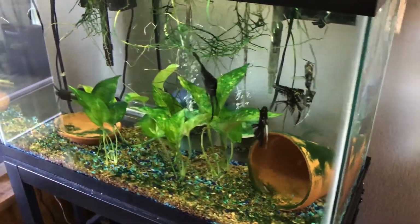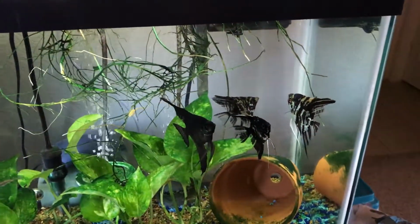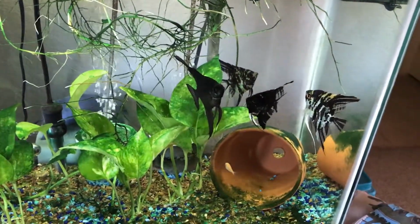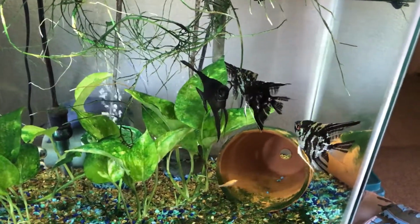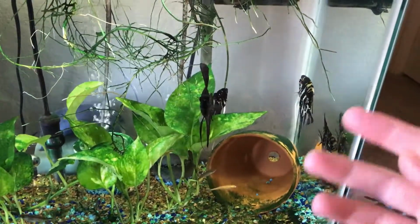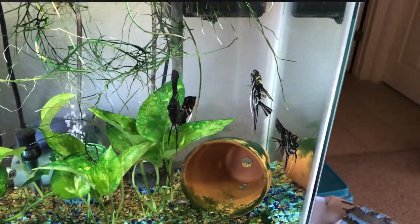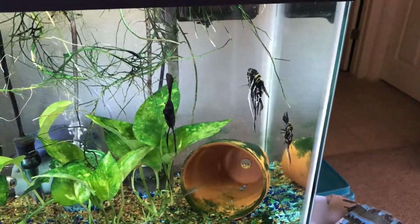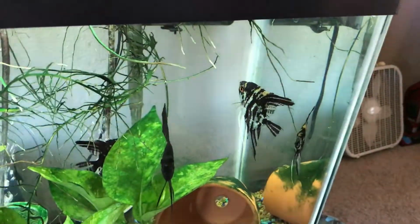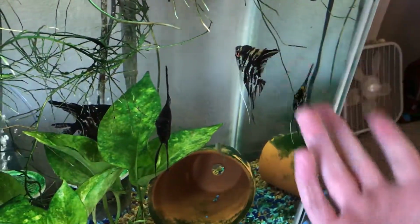Unfortunately, I do not have any meds to cure my fish because I legitimately haven't had any problems up until very, very recently. And the only tank I've had problems with is this tank here. And again, it's only been starting recently, so I'm just going to unfortunately have to let nature take its course with this one. And before you ask, yes, I did do a water change, and I am properly monitoring this